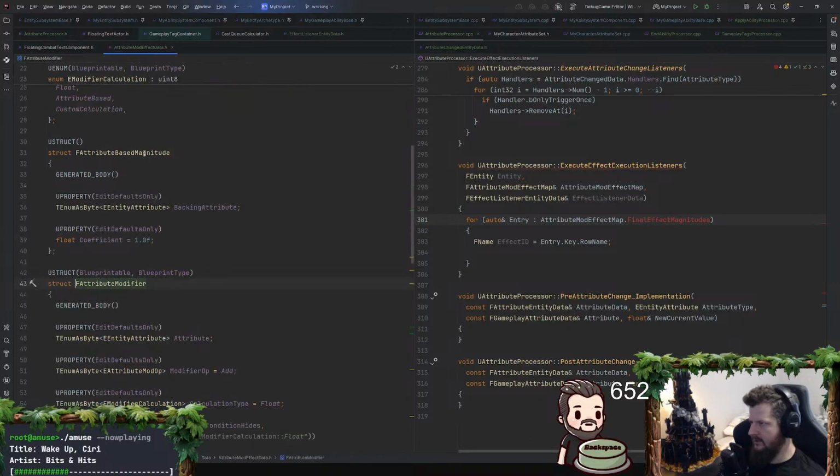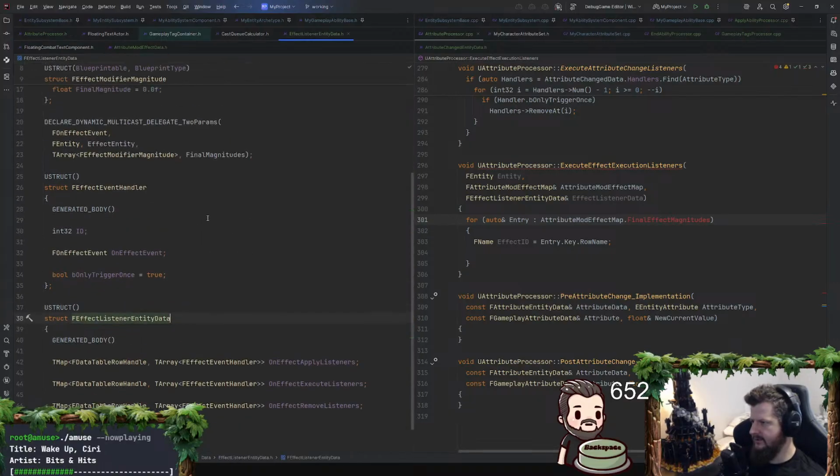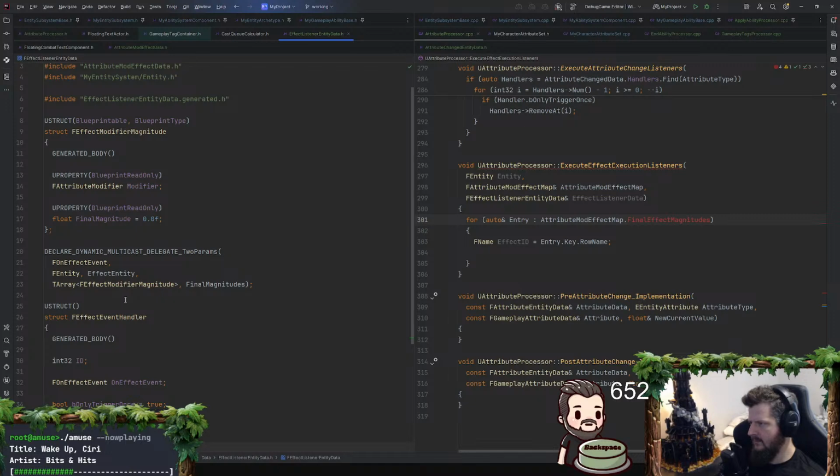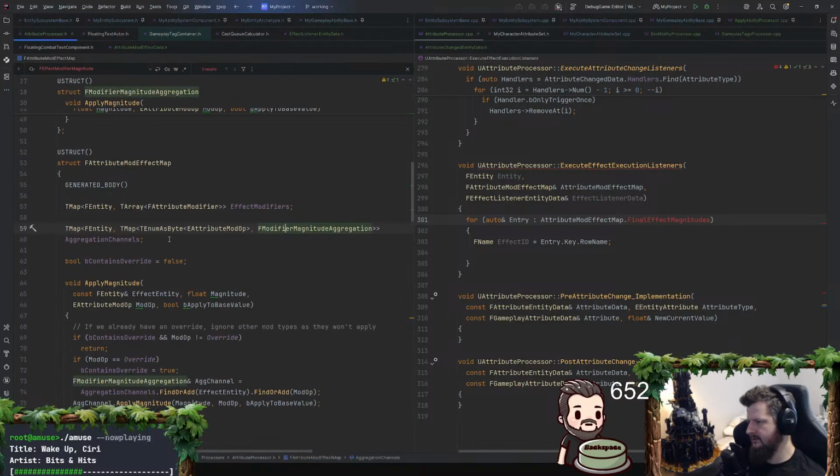What did I do in, remind me again, effect listener entity data? So we just have effect modifier and the magnitude of that modifier. I guess I don't have that actually.